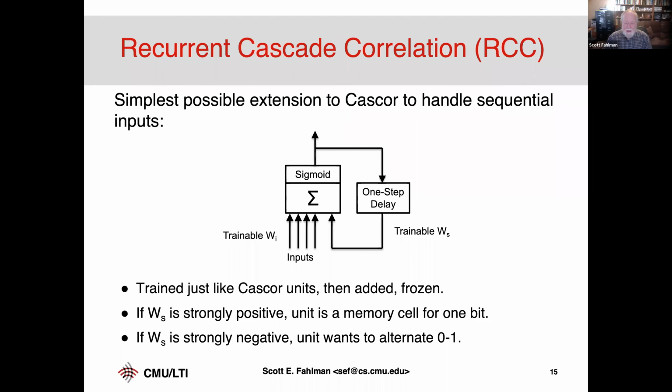So we tried it. I should say that if this self weight, looking at your previous input, is strongly positive, then you've got a memory cell for 1 bit. Okay, if this output is positive and this weight is positive, it's going to be saying stay positive. Okay, now it can be wrestled into submission by negative inputs on the other ones. But if that doesn't happen, it just stays positive forever. Okay, so it's got some memory of what it was doing, and it takes some inputs to pull it to do something else, to change its state.